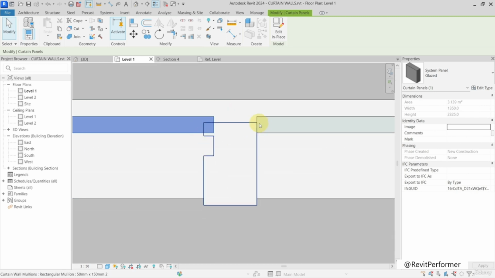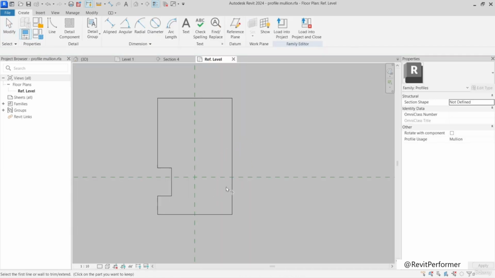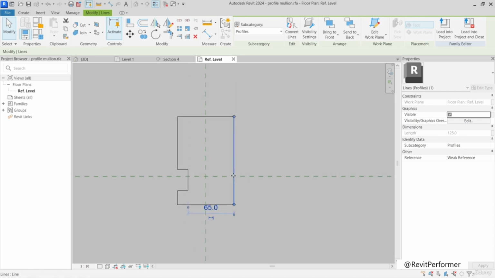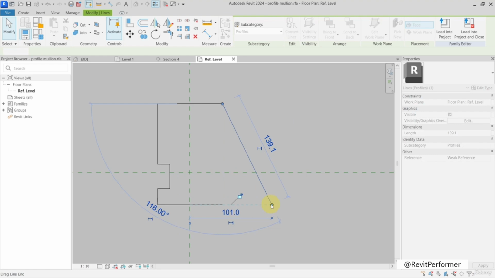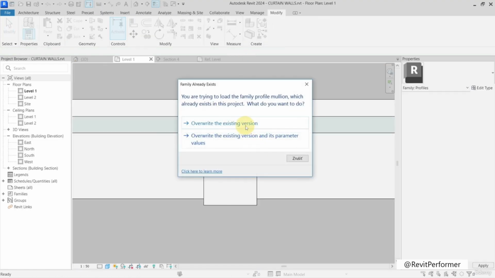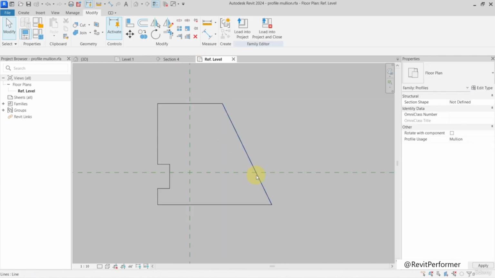The position of this, how far it goes inside, is driven a lot by the geometry which is meeting the curtain wall panel. But this is driven by the intersection of this profile with this line, so this side on this spot. Let's imagine that I create something like this, and to be able to see it, load it into the project. Now you can see that if I go back to the family,